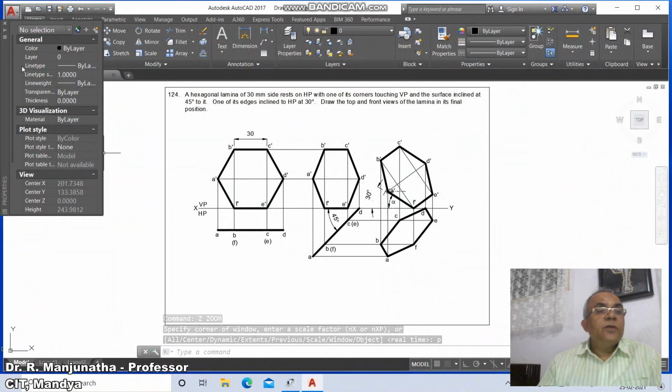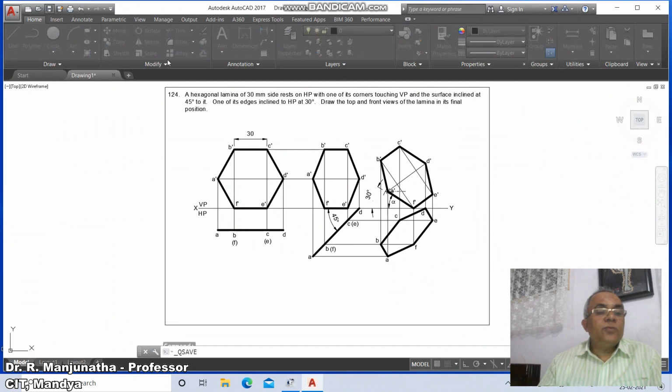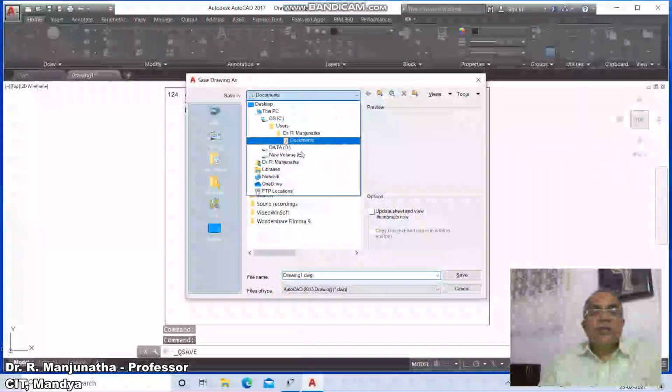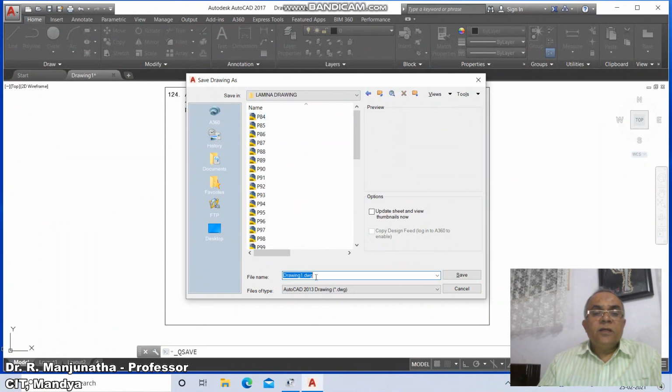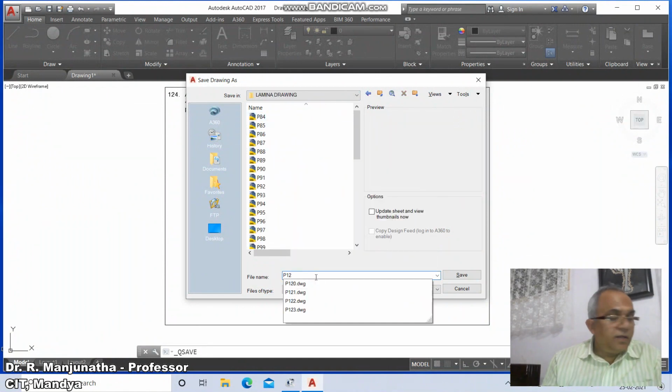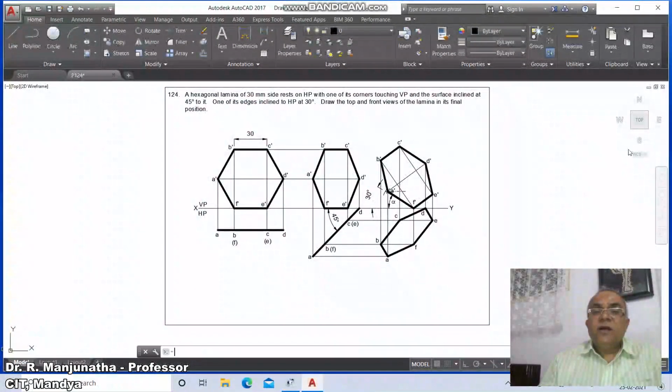Now we want to save this. Just go to save, go to the appropriate drive, AutoCAD, laminar drawing, here type P124 and save it. And finally